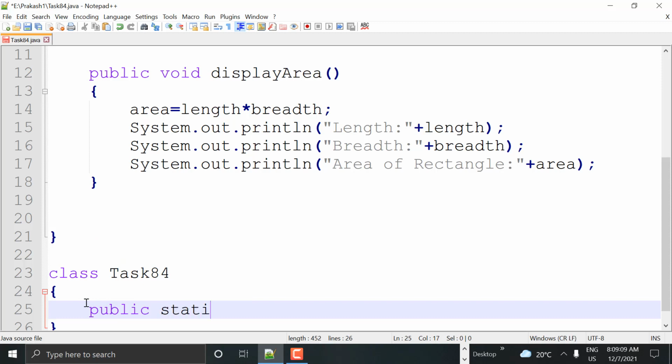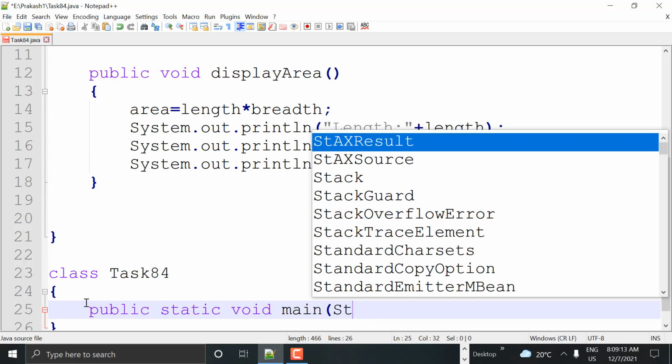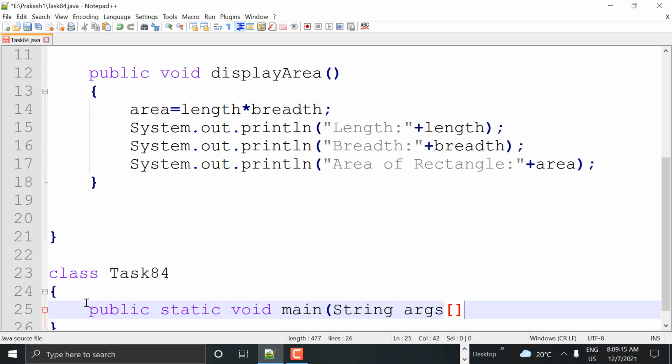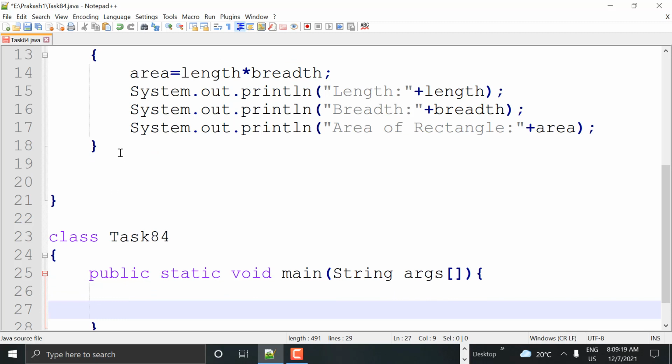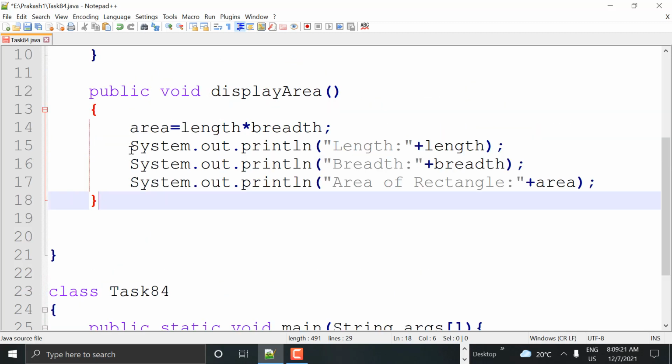And we are creating the main method now: public static void main String args, or you can give any name, abcd or whatever. Okay, so the area part is done, guys. displayArea is a method which calculates the area of the rectangle and prints length, breadth, and area of the rectangle together.